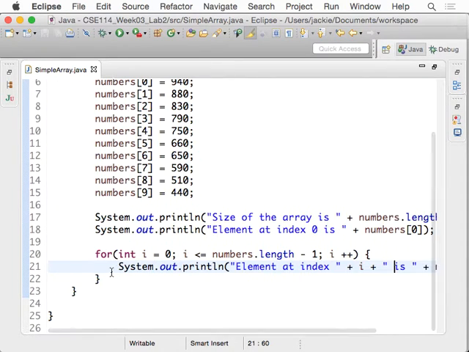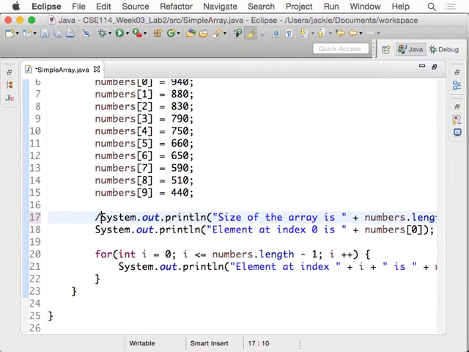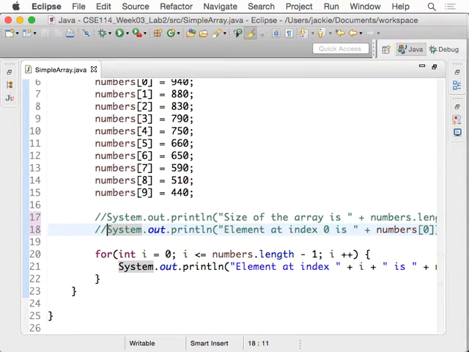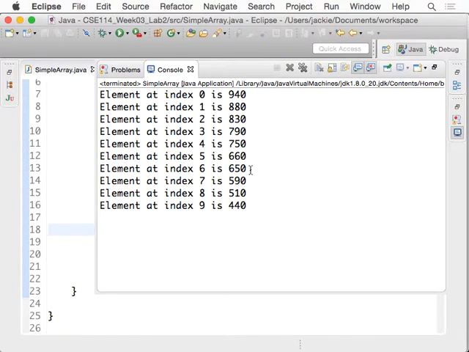So now let's just try to execute this program here. Before we do that, you can just comment these two lines out, just to avoid any confusion here. You can just put 2 forward slashes to put them in comments. Okay, let's just execute the code. You will see that,